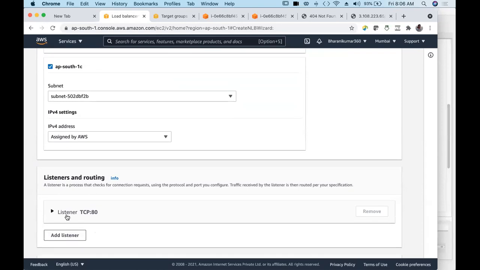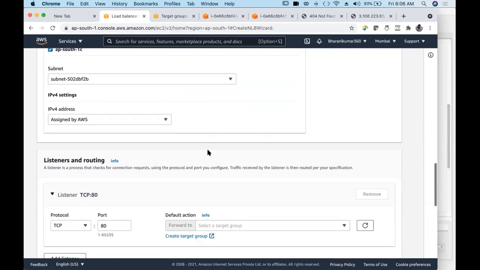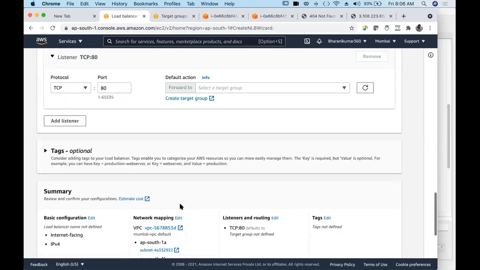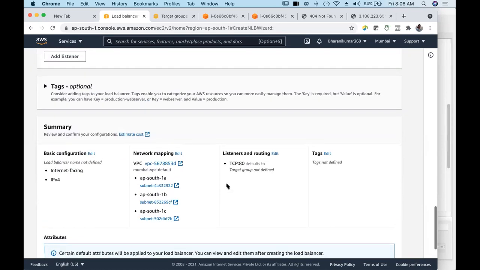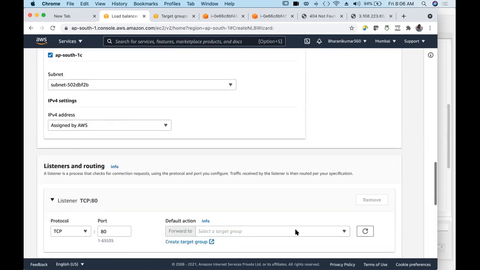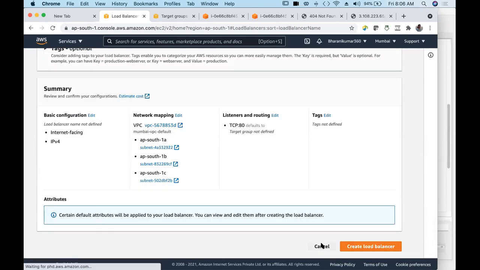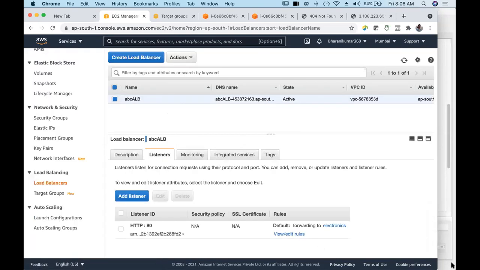So add listener, right? Here you have to select the target group, that's it. You don't see much difference because it's happening on the back end. Click on create load balancer, your load balancer is ready. Same as application load balancer, and here health checks you will also give in your target group, right? That's it. And cancel. Try with network load balancer also.